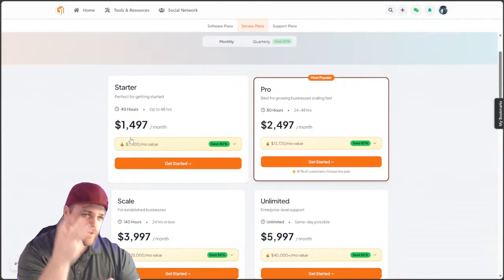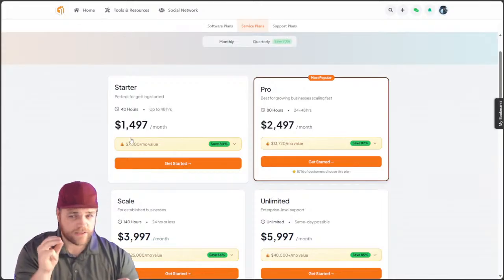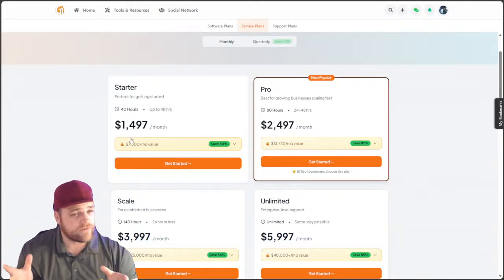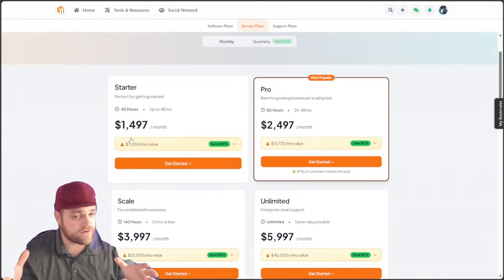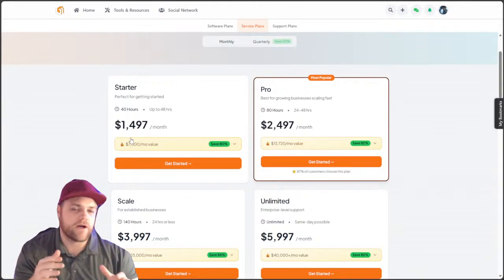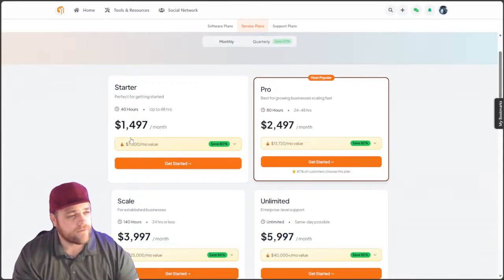But the value they're getting is this: it would normally cost an average VA making like $4 or $5 an hour about 3 weeks of service to complete that, which ends up costing, I don't know, $500 or $1,900 or something. We can do about $2,000 worth of really deliverable value within about 10 hours, if that makes sense.